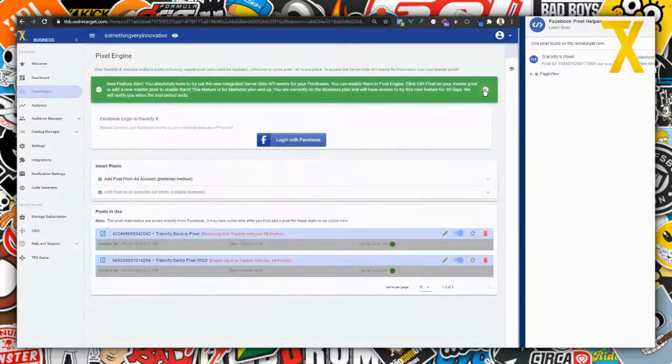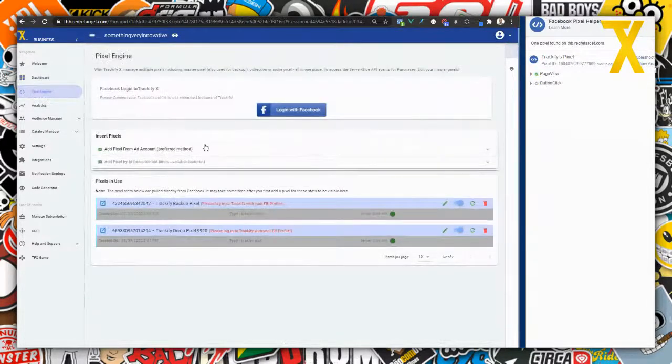One edge case is, for example, let's say you're hiring an ad agency and they want to give you a pixel to run on your shop, but